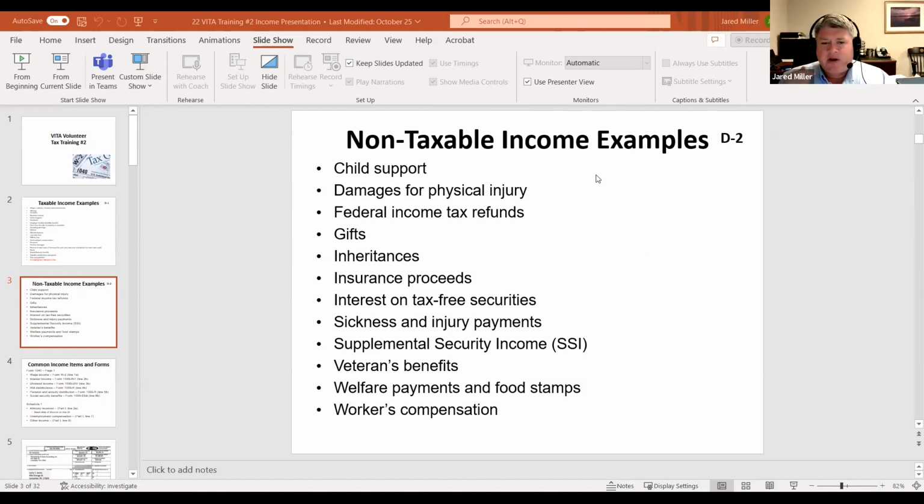Quick question came up about inheritances being taxed at the state level. They are not taxed at the state level either. So gifts and inheritance is not taxable at the federal, state, or local levels for our recipients. There may be some inheritance tax. If you've heard about that in Pennsylvania, that's actually applied on the estate itself, not on the recipient of the